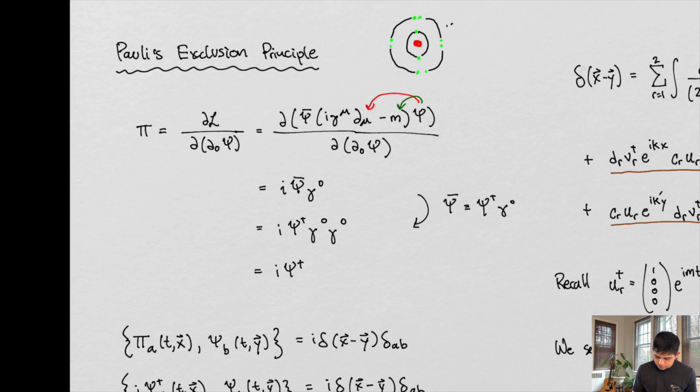When we take the derivative, this term here is the one that's going to contain the derivative element, not this m, right? So this term is going to go to 0. This other term is what's interesting to us, and we're taking it with respect to the 0th component, so it's going to be gamma 0. We're going to have this conjugate solution, and we're going to have our i in front, all right? And then we have